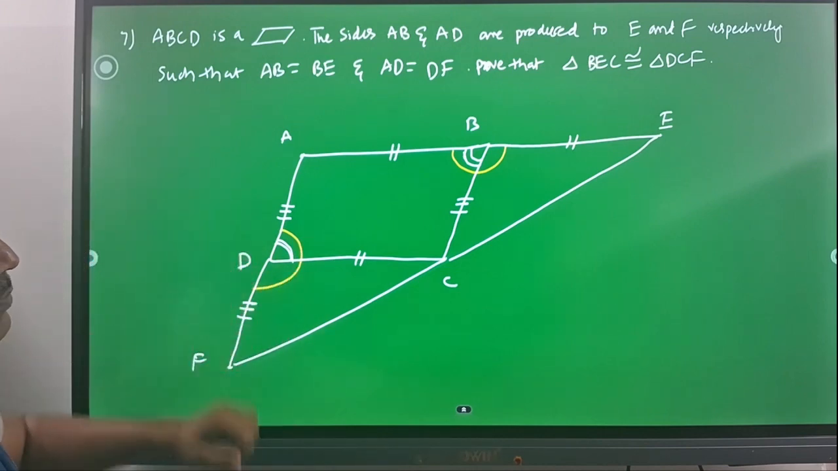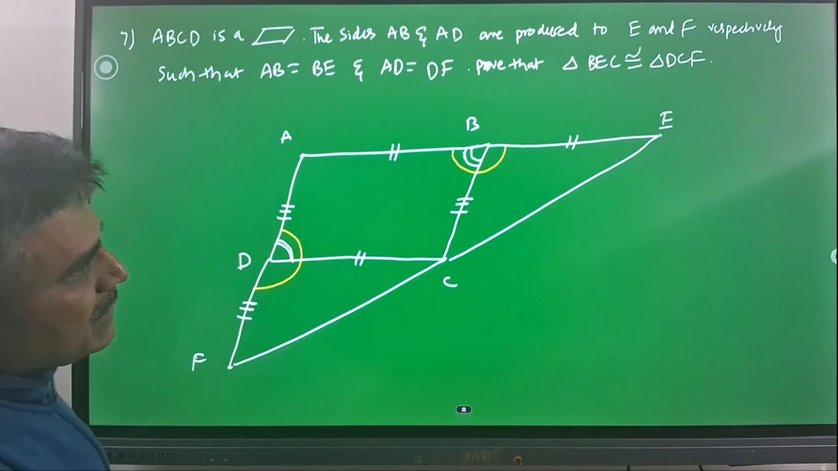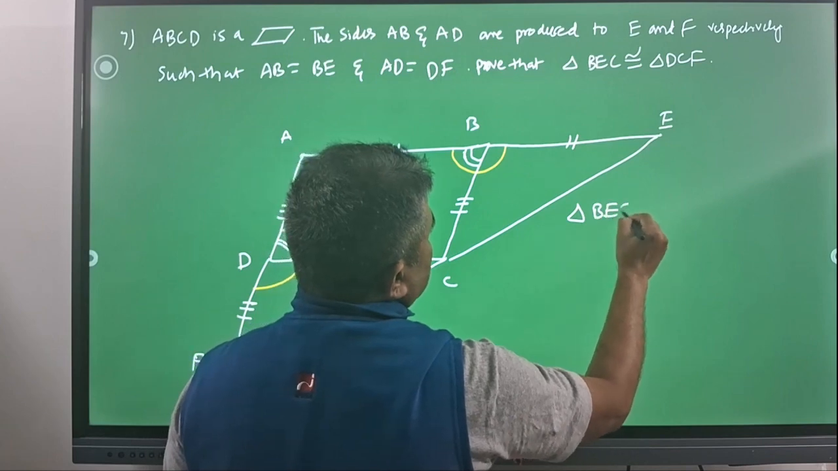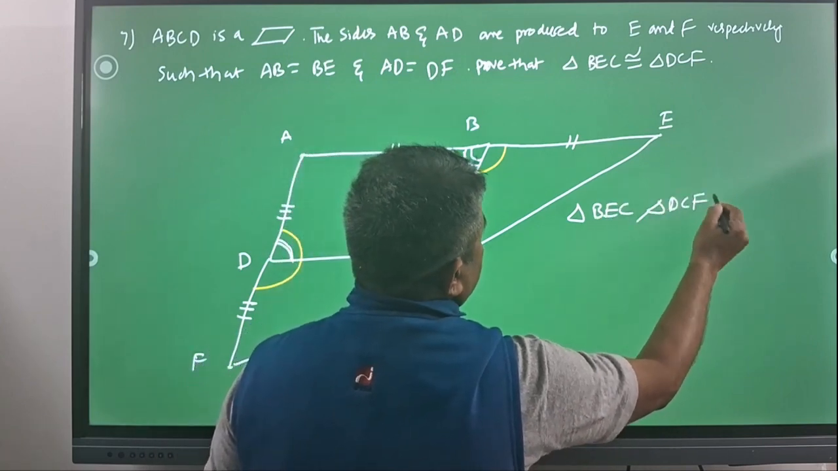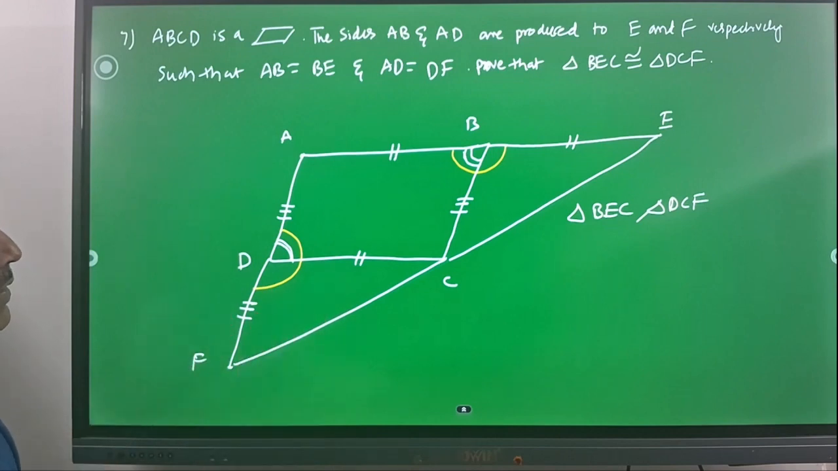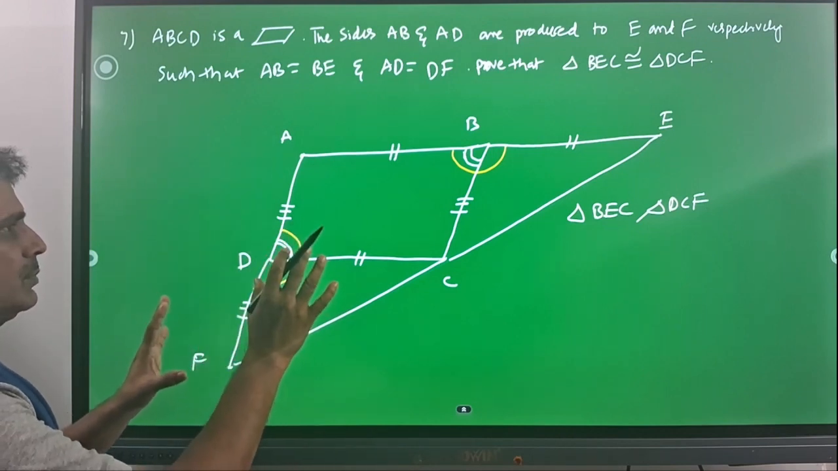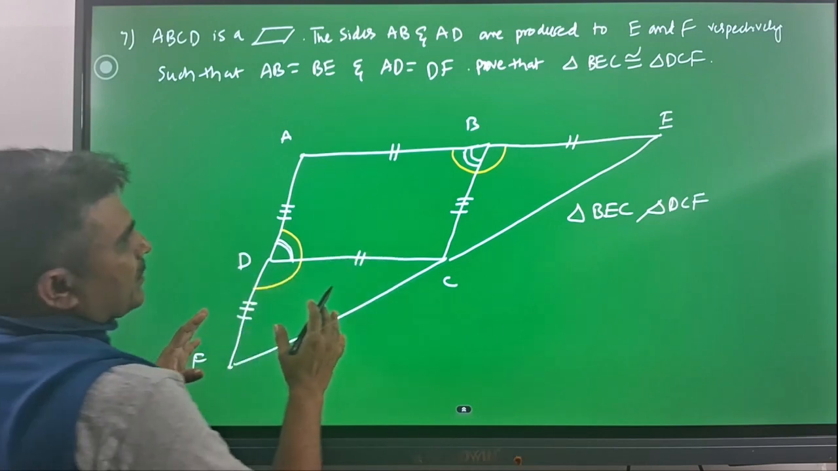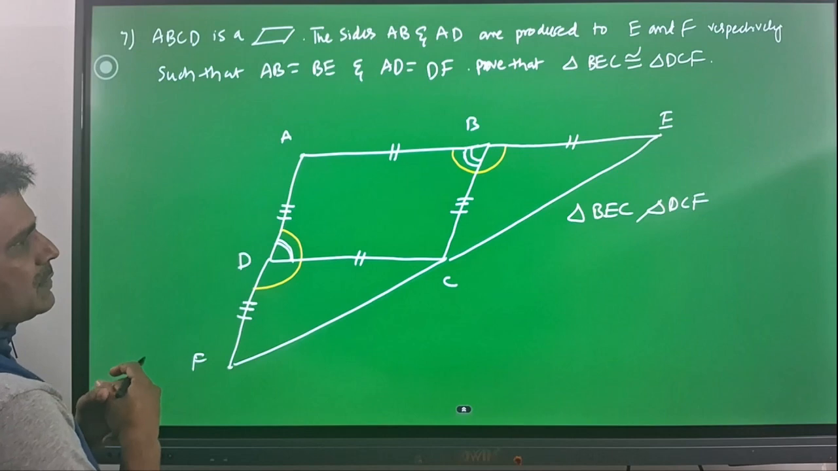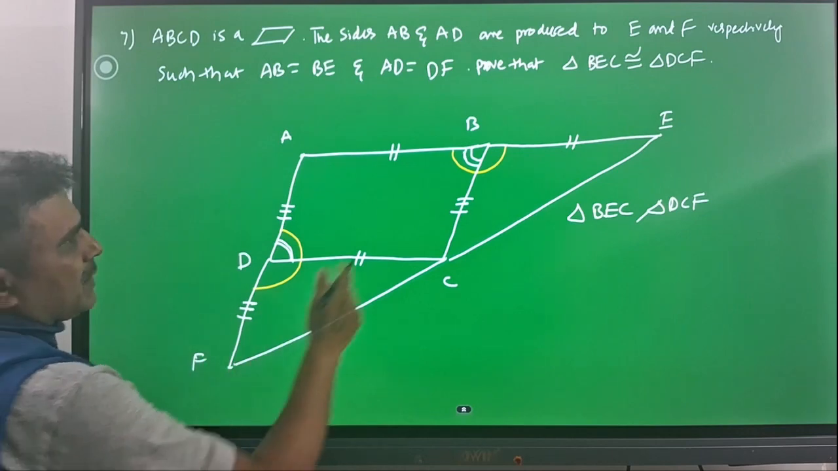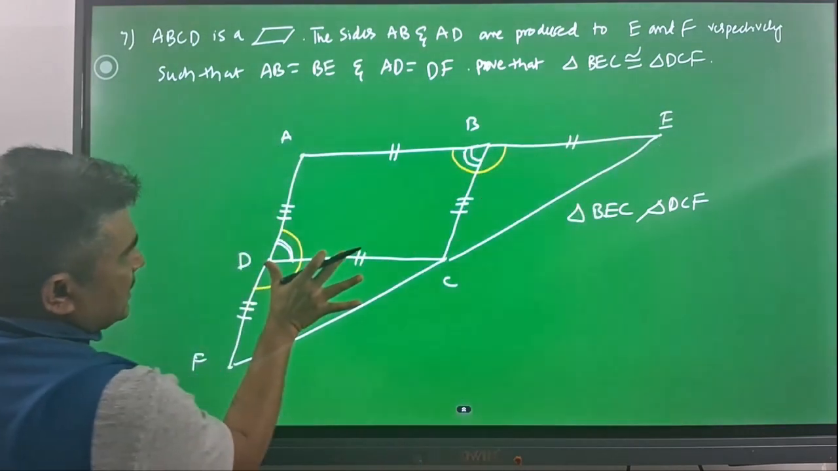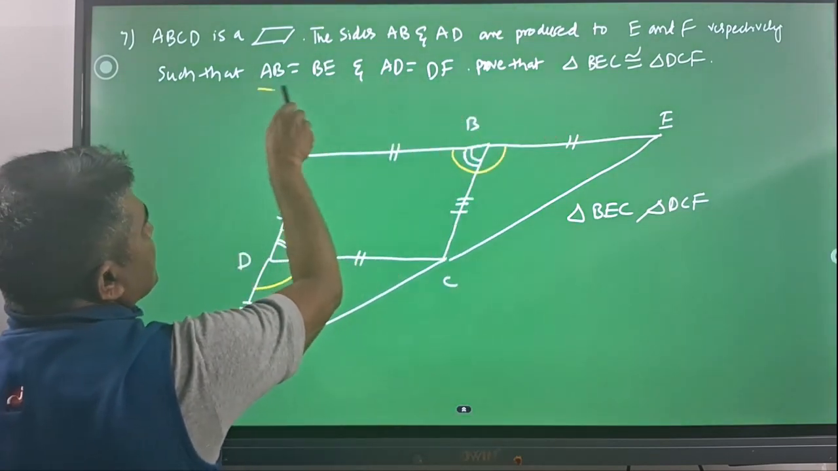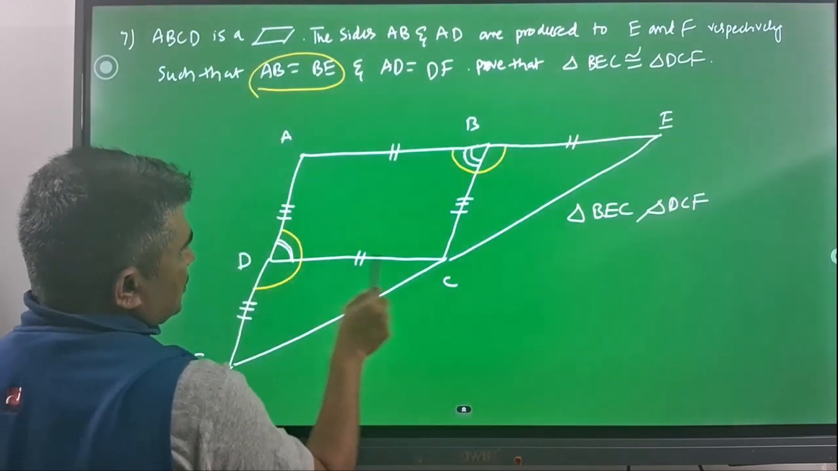Now we need to prove triangle BEC is congruent to triangle DCF. So consider those two triangles, triangle BEC and triangle DCF. If you observe those two carefully, directly it is given that we need to prove congruency between those two triangles, so I considered those two triangles only. Some equalities we can observe, which are BE is equal to DC. Since AB is equal to BE and AB is equal to DC,